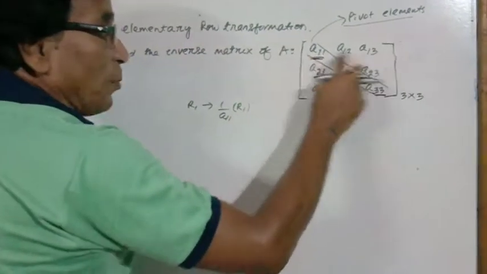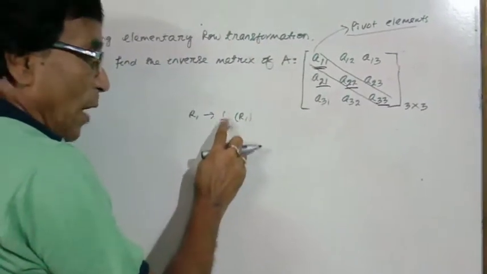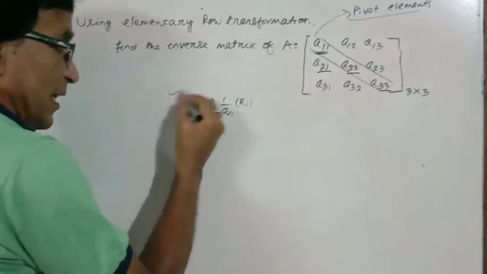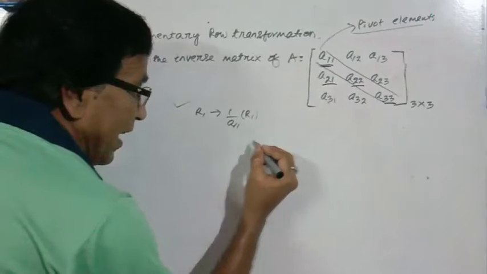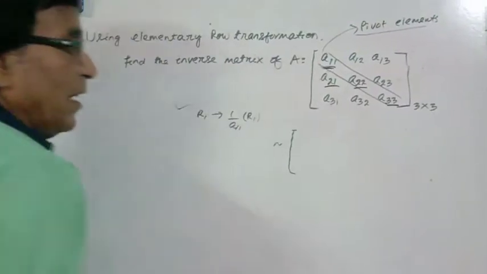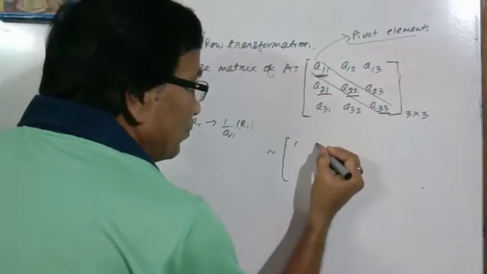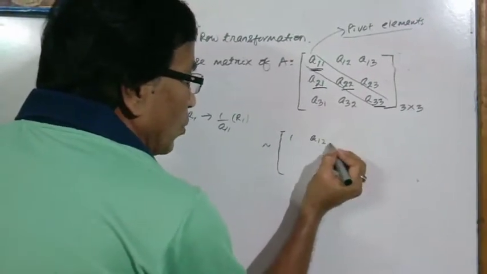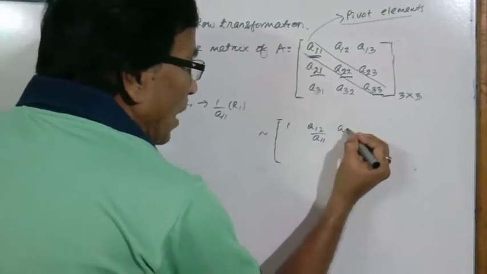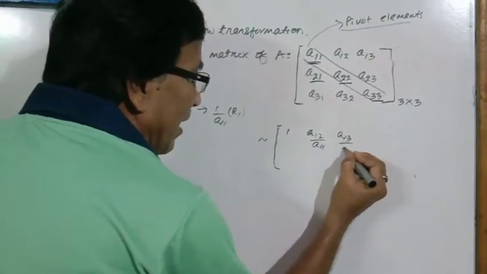We will replace the first row by 1 by A11 into row 1. That means taking this operation we will get 1, A12 divided by A11, A13 divided by A11,